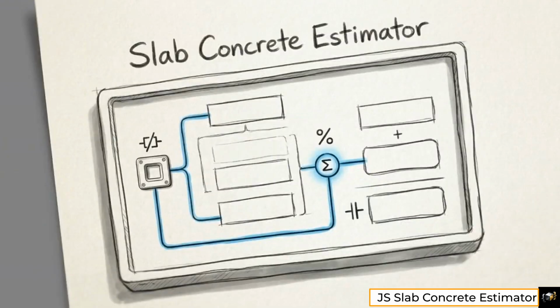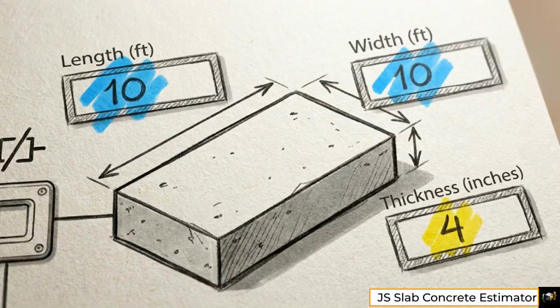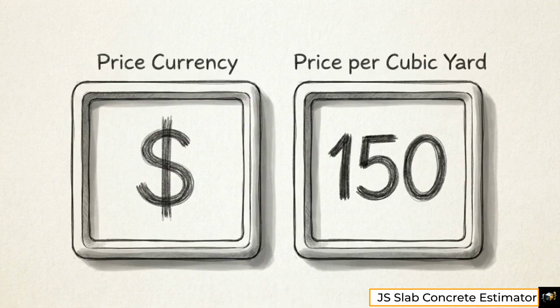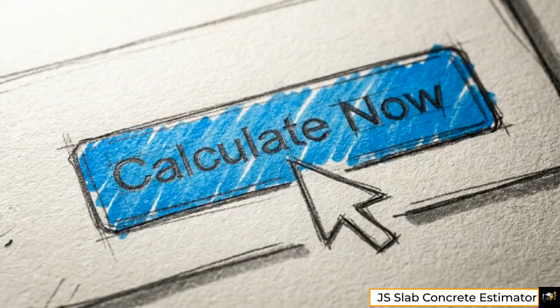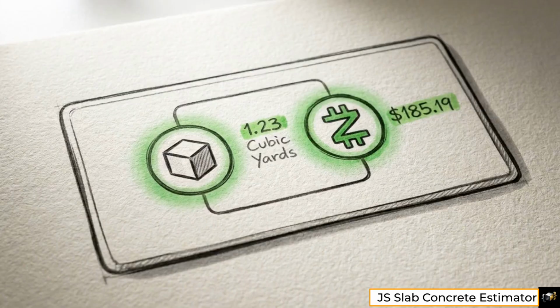Now we run a live test. Let's input a specific scenario: a concrete slab measuring 10 feet by 10 feet, poured 4 inches thick, with a local material price of $150 per yard. Look at this close-up of our final rendered interface. When we click Calculate, the dynamic output instantly appears in green, correctly displaying a volume of 1.23 cubic yards and a properly formatted cost of